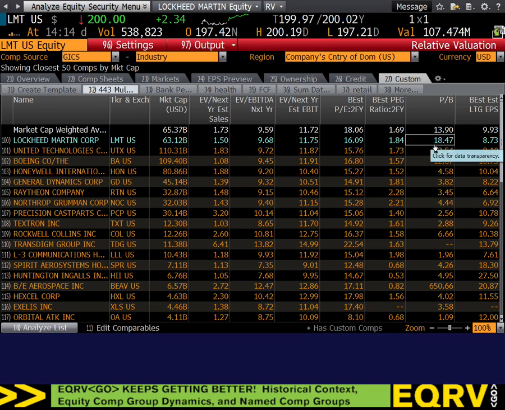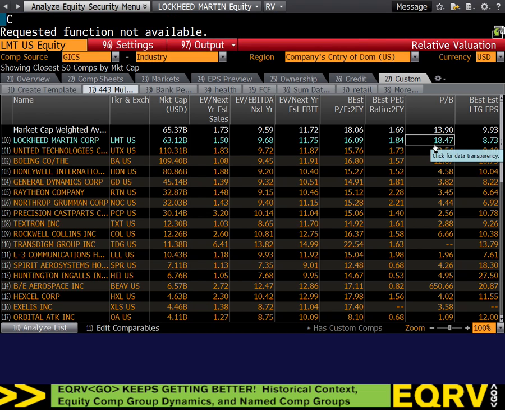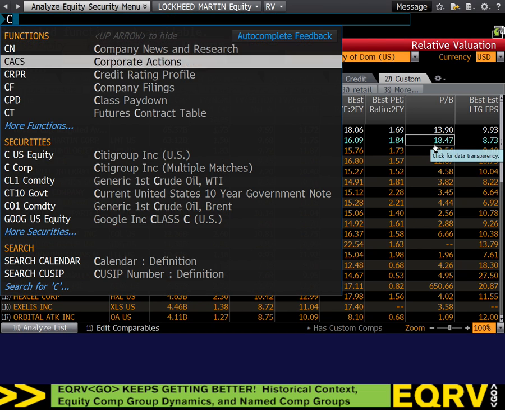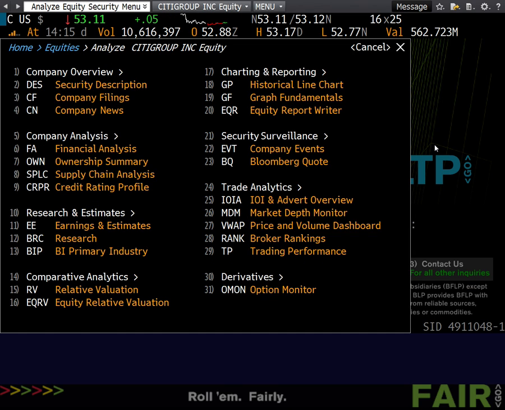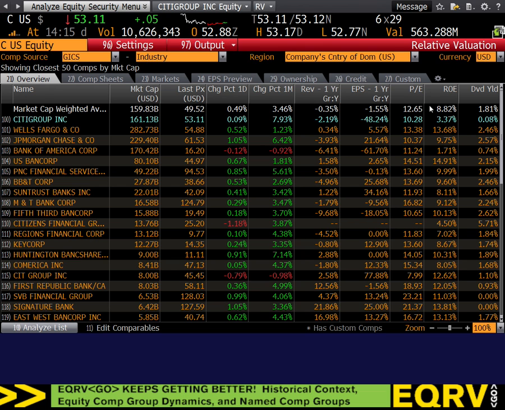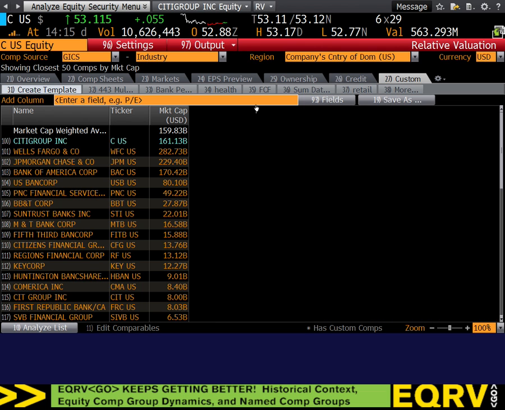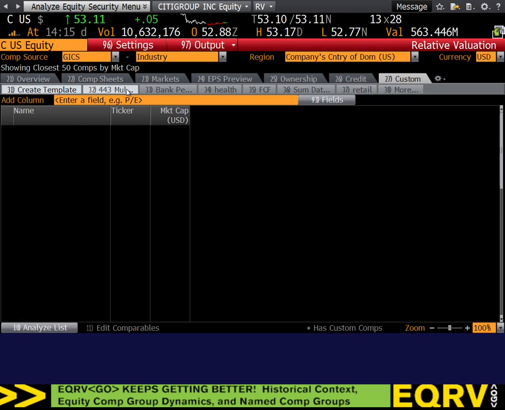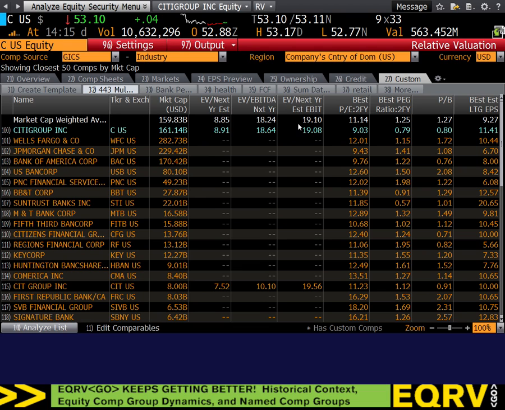So, here's the thing. Just as a quick example. Here's Citi, and I know we're not going to do banks, but Citi's been in the news because of the stress tests. Here is the price to book of Citi. Today it's 0.8. Average big U.S. bank, 1.27. What does that tell you about Citi?